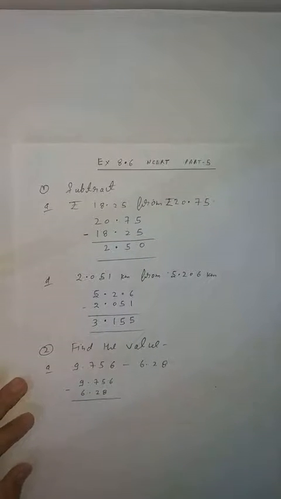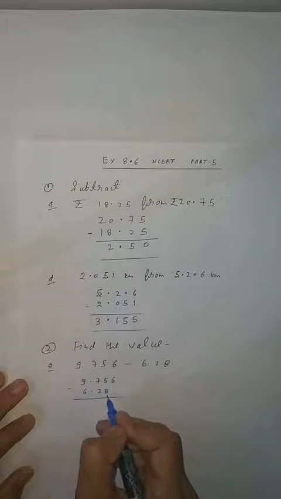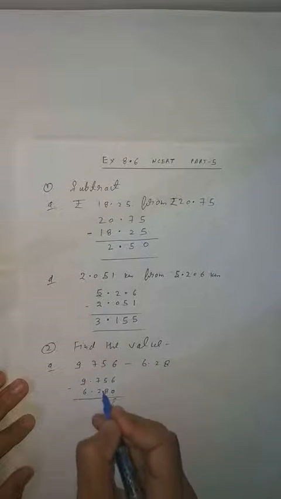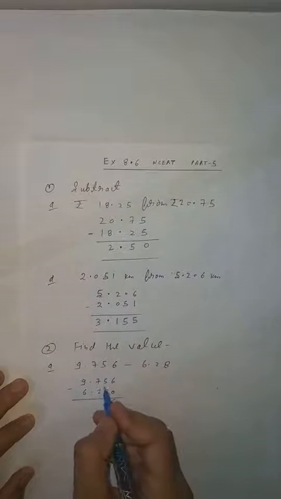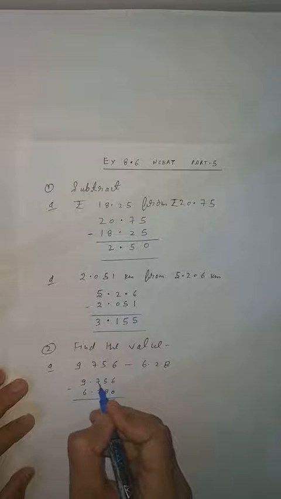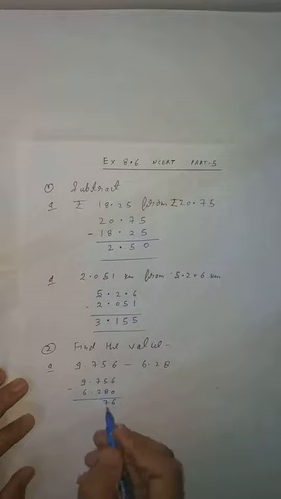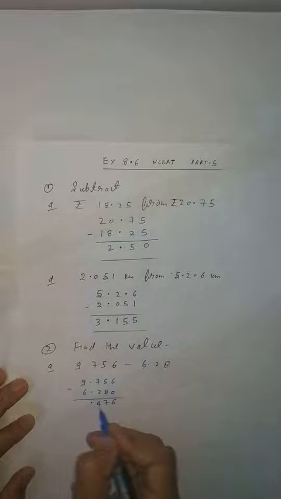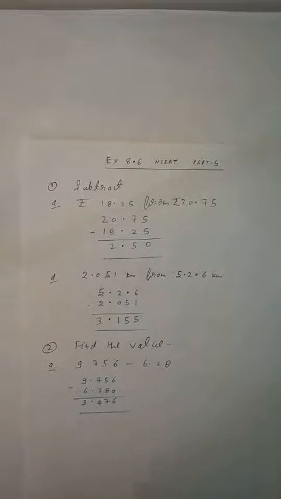What I explained, you have to convert into like decimals. After the decimal there are 3 digits here, and there are only 2 digits there, so you can add one 0. Now 6 minus 0, 6. 5 minus 8, you cannot subtract, so you will take one carry, and it will become 15. 15 minus 8, it will become 7. Now one carry you have taken out, so 7 becomes 6. 6 minus 2, it will become 4. With the decimal, 9 minus 6 becomes 3. So this is your answer. Clear, students? Now come to the next question.